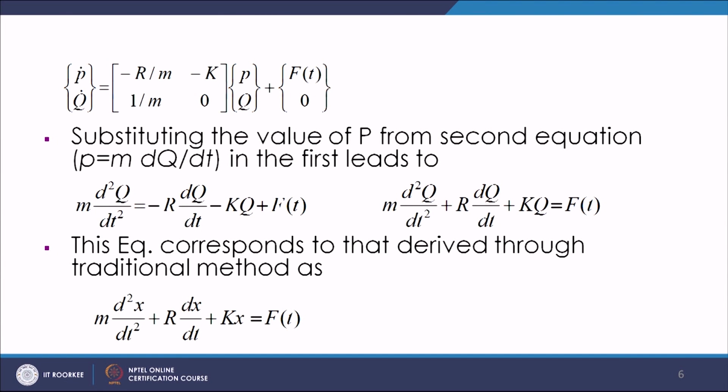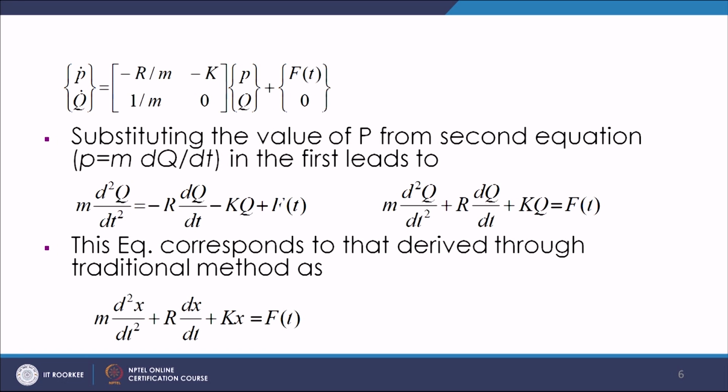Now, you see that we are more conversant with the equation in this form in terms of displacement, that is m d square q by dt square is equal to minus r dq by dt minus kq plus f t. Alright, so that we can get if we substitute for p in the first equation. Okay. So, if we substitute for p in the first equation, then we can get this expression, or finally, it